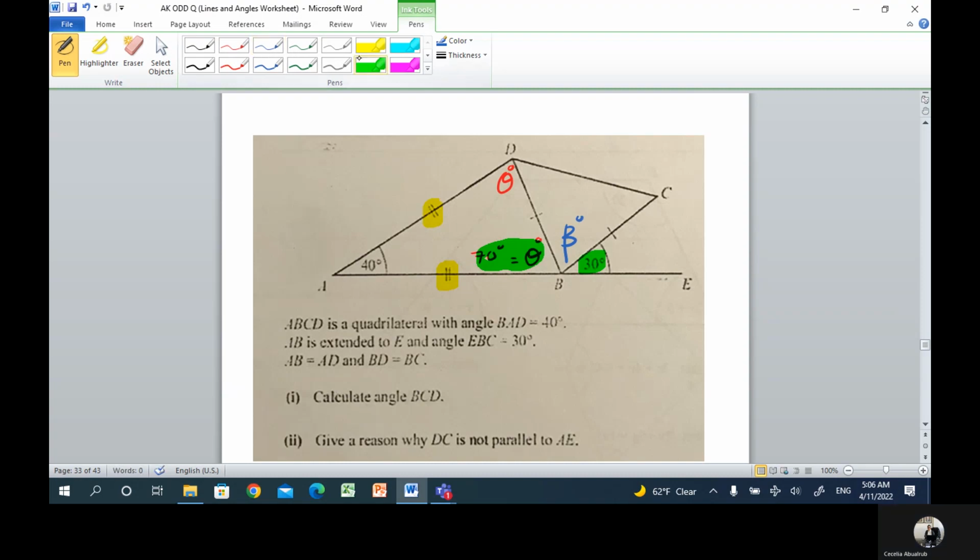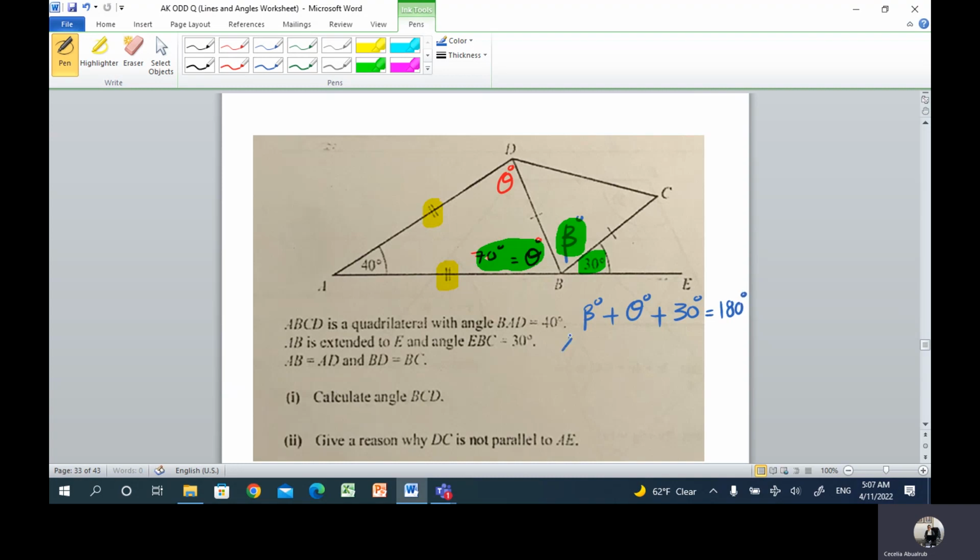Okay, so the 30 and the beta and the theta are angles on a straight line, right? So we're going to say that beta, which is my unknown now, plus theta plus 30 is equal to 180